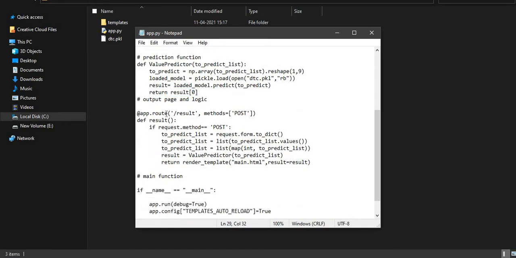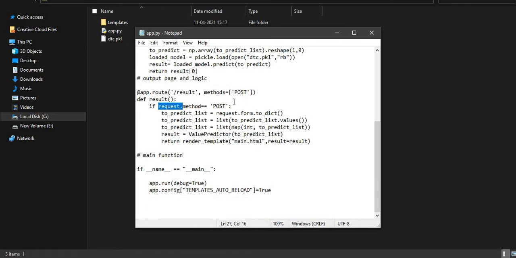So we'll create another app route which will lead us to the result. @app.route('/result', methods=['POST']), that posts the result there. So the request method is POST.